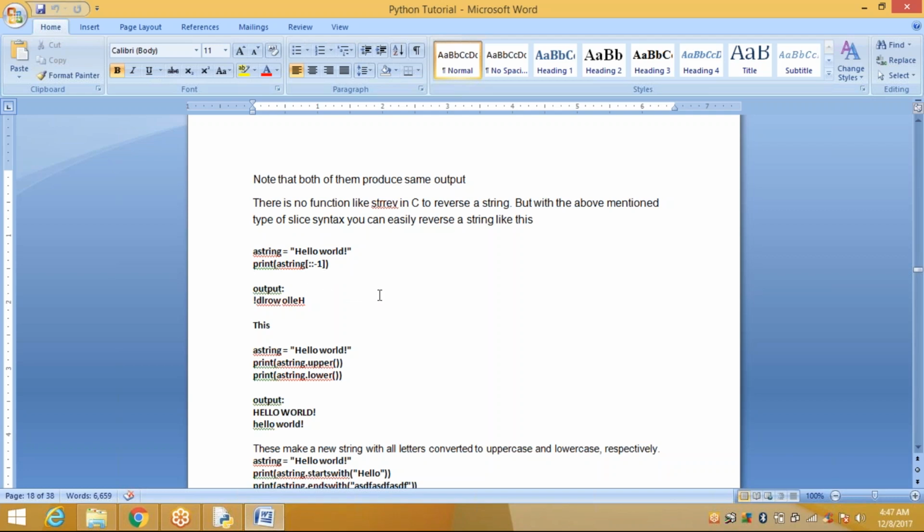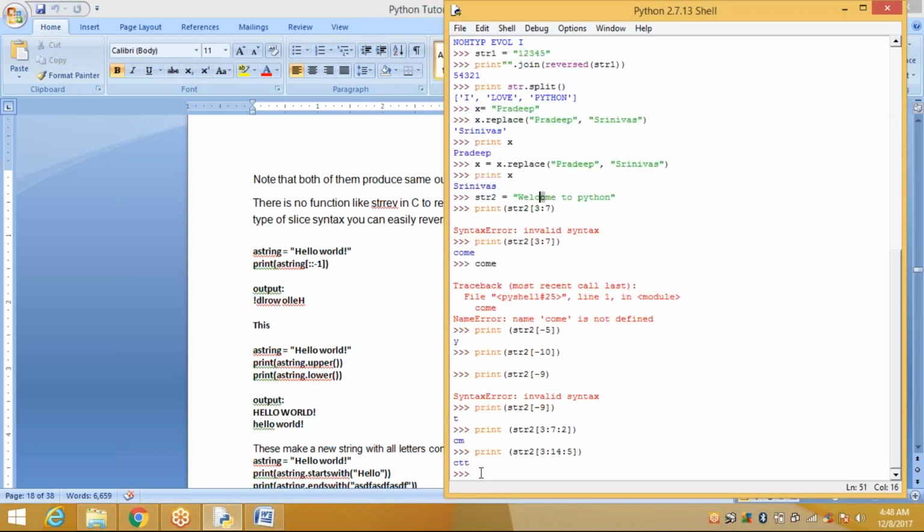How does it display the reversed value? Like this: hello world. See here, hello world is reversed. When you apply colon colon -1, -1 is the reverse of the starting value: -1, -2, -3, -4. When you apply like this, your string is reversed.